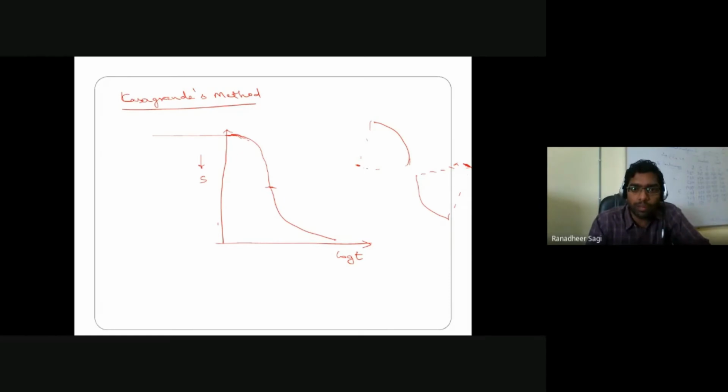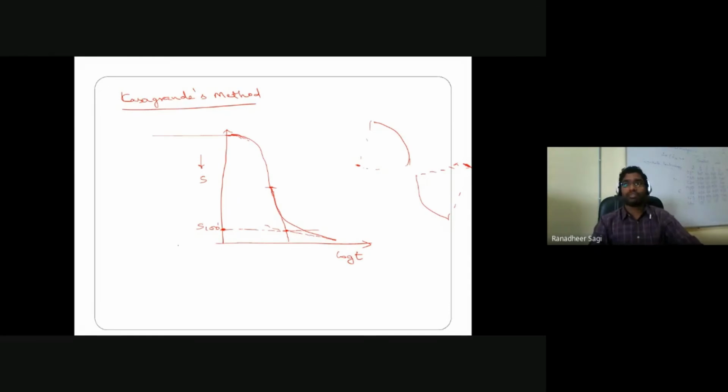At that particular point, we try to draw one tangent. Okay, so I have drawn one tangent. Now from the back end of this curve, from the end of the curve, you are going to draw another tangent. Wherever these two tangents intersect, we say it is the point corresponding to 100% degree of consolidation.